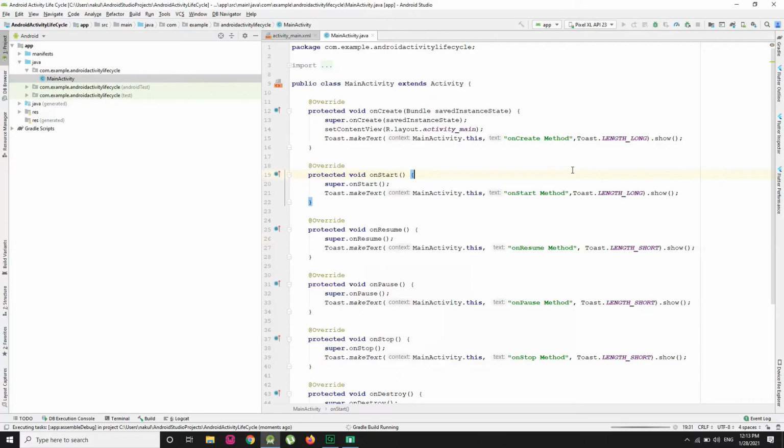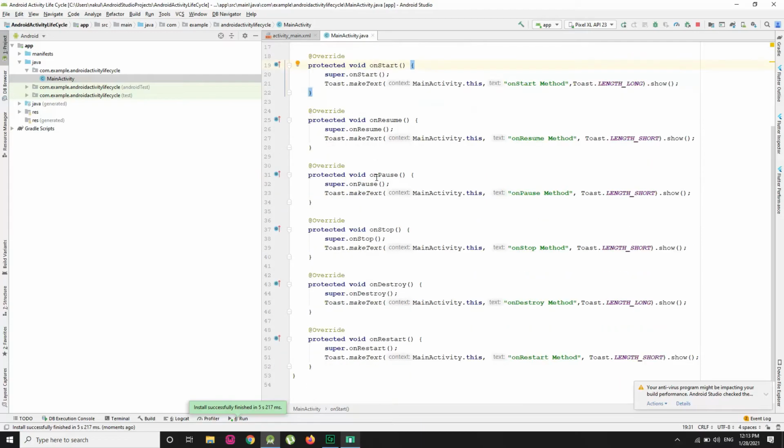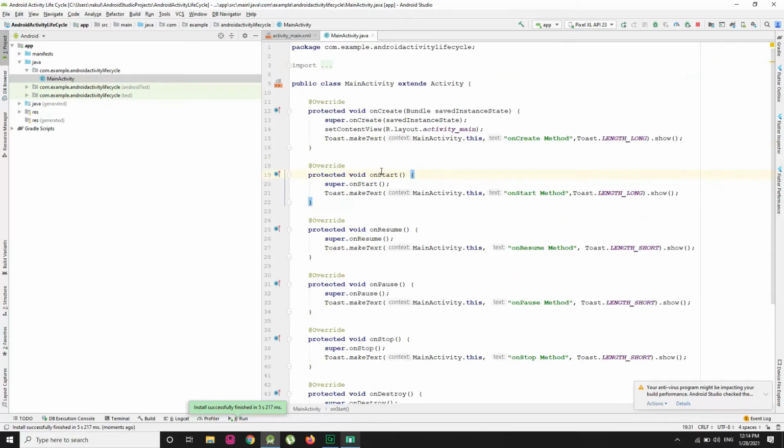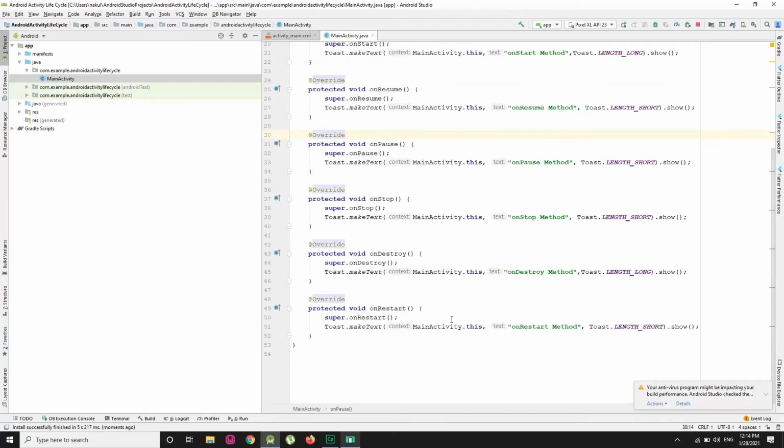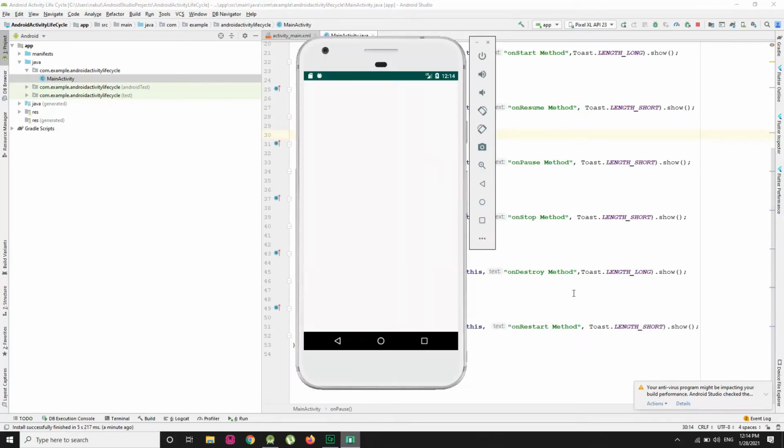So let me revise again. What I have done here is I have created an Android project to implement the Android activity lifecycle, and in this project I have implemented several major methods of the activity lifecycle, which are onCreate, onStart, onResume, onPause, onStop, onDestroy and onRestart. So we have our AVD.